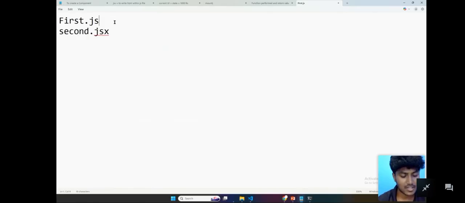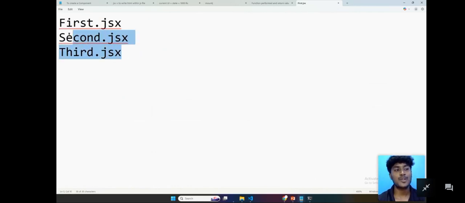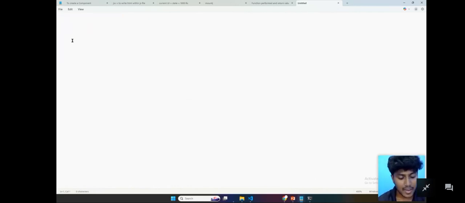JSX is a very easy method to write HTML instead of JavaScript. Then I'm going to create a third component called third dot JSX. I'm going to place all these three components inside the